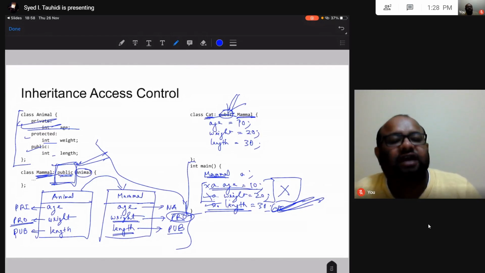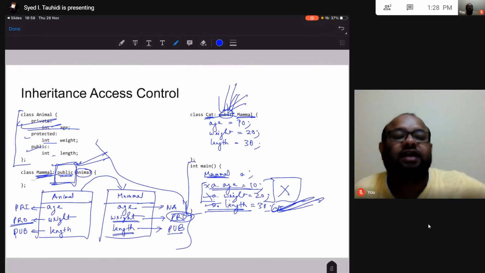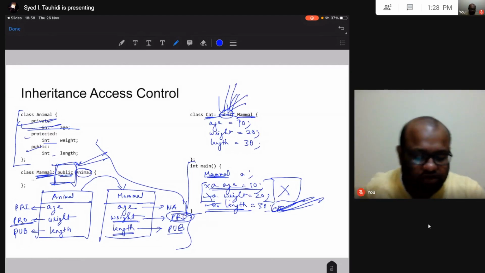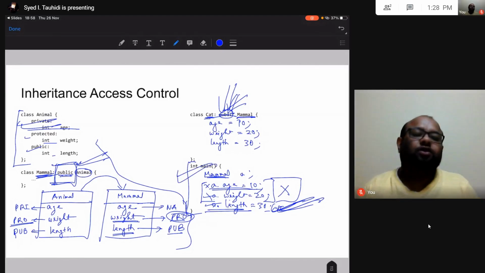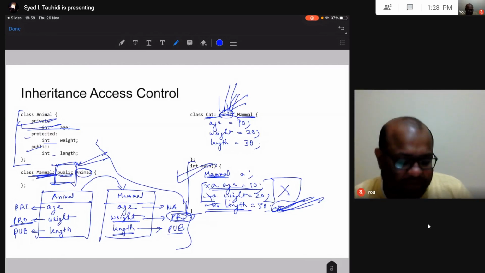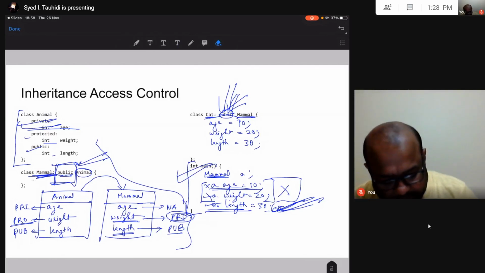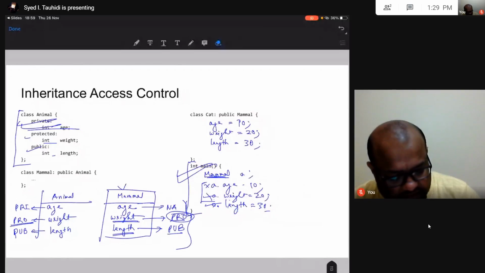If Persian cat derives from cat, this keyword is going to influence Persian cat, not this class cat. And it is going to influence what is accessible and not accessible there. So that we are discussing with this mammal and this main function. Okay, let me remove the clutter.